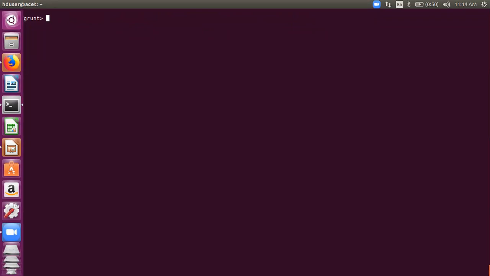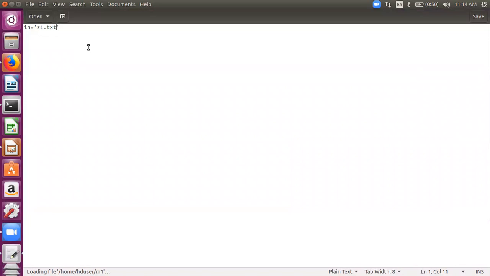So let's see if we have a file for that. I'm opening a file m1. You see within that I've written in is equal to z1.txt, just like that, no spaces. So my parameter name and value is now stored in file m1. Is that clear?